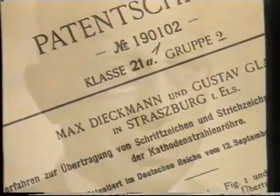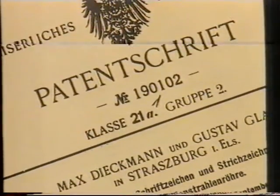One of Brown's assistants, Max Dieckmann, had noticed at an early stage that the cathode ray tube could make the dream of television, seeing over a long distance,